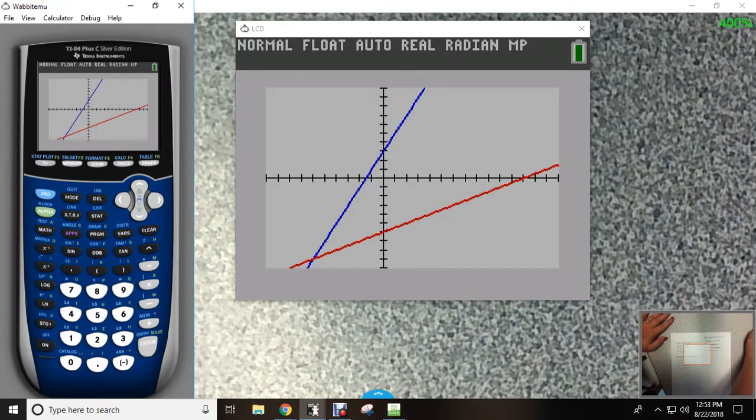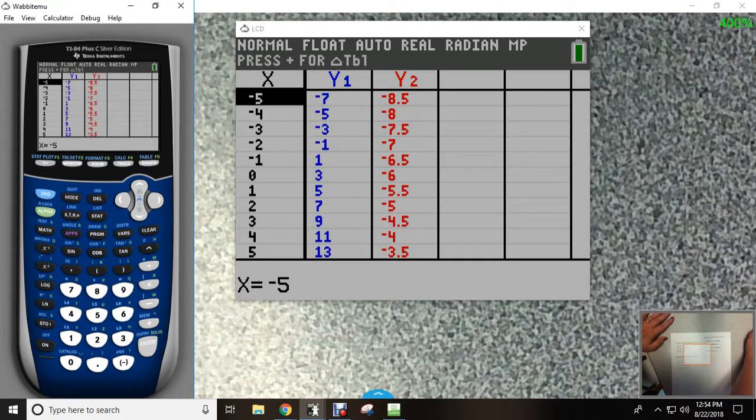I imagine on your screens, it's kind of hard to count all those little bitty dashes because they are really close together. So instead of trying to count them all, look at the table. And here's what happens when I've got more than one equation in. I've got more than one y column. So let me explain the table first, and then we'll talk about how to find the x-intercept in the table. So if you take a look, you've got one x column and two y columns. So if we ignore the y2 column,